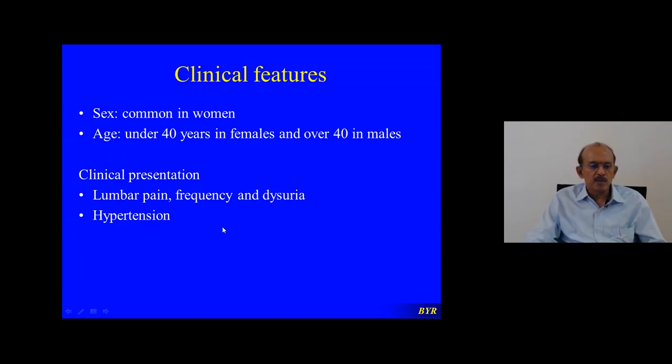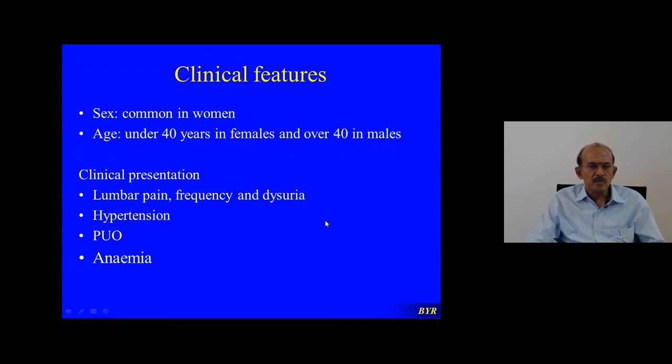There will be hypertension. Because of the scarring of the kidneys, there will be pressure over the renin-angiotensin production system that causes the increased levels of renin and causes hypertension. Then one of the manifestations is pyrexia of unknown origin. So patient may not have any lumbar pain, but patient may present to you with irregular fever.